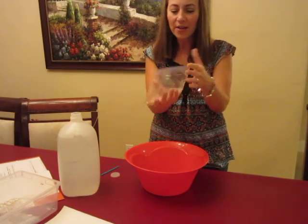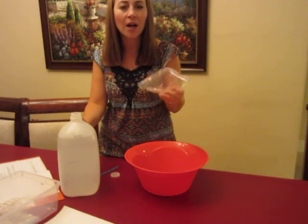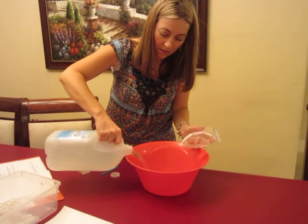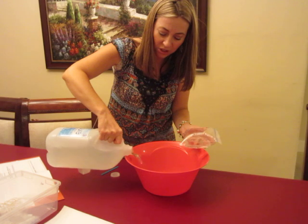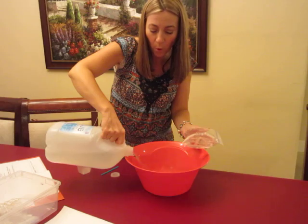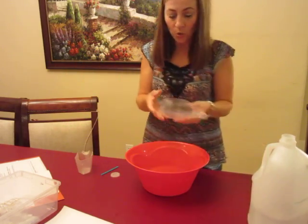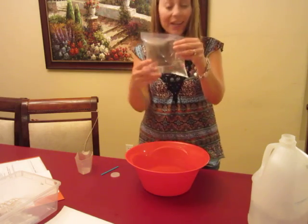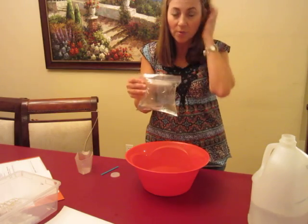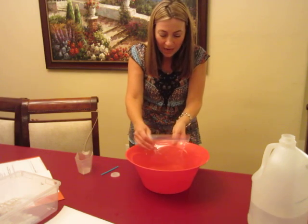There you go. So now you have a baggie with air in it, and this is to simulate our dead fish that has had its bacteria producing its gaseous waste. Then when the bowl is filled up with water, the experiment is simply to place the baggie of water in. I like to place it water side down so that they can see the movement of the baggie, and I don't know that you'll be able to see this on the video, but you place the baggie in the water,